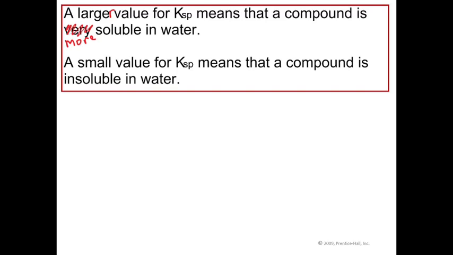AgCl, you got it, because even though all those are small numbers, the biggest of those small numbers is 10 to the negative 10th. So we have to go with the AgCl. You got it. All right, let's take a little